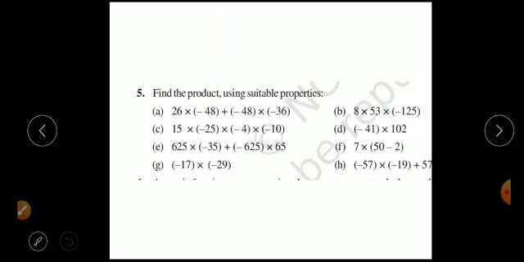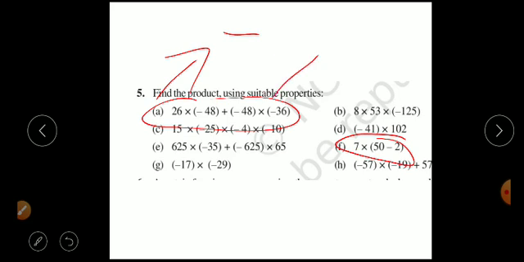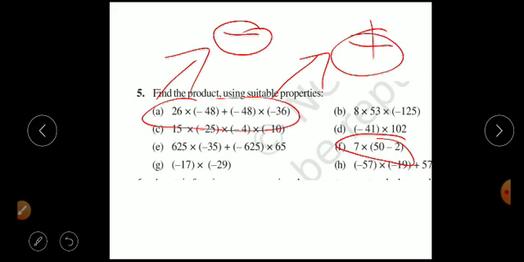Now you solve the following. Okay, this is your homework, you can solve it. Suppose I am solving f, or you can solve any of these. Now 26 into minus 48 and minus 48 into minus 26. So this value will be negative and this value will be positive. Now when you add, there will be a result of plus because this value is of higher value.